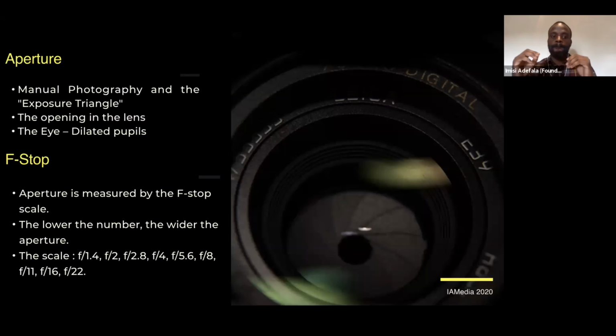So the lower the number of the f-stop, the wider your aperture is. So the lower the number, the wider your aperture is, right? The higher the number of the f-stop, the more narrow your aperture is, which means the darker your photo will be, all things equal. So the lower the number, the wider the aperture, the higher the number, the more narrow the aperture. Okay,